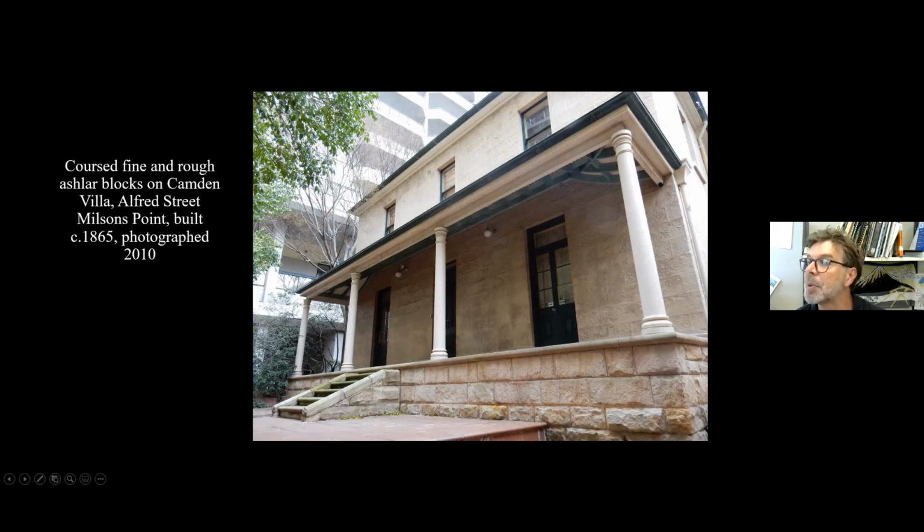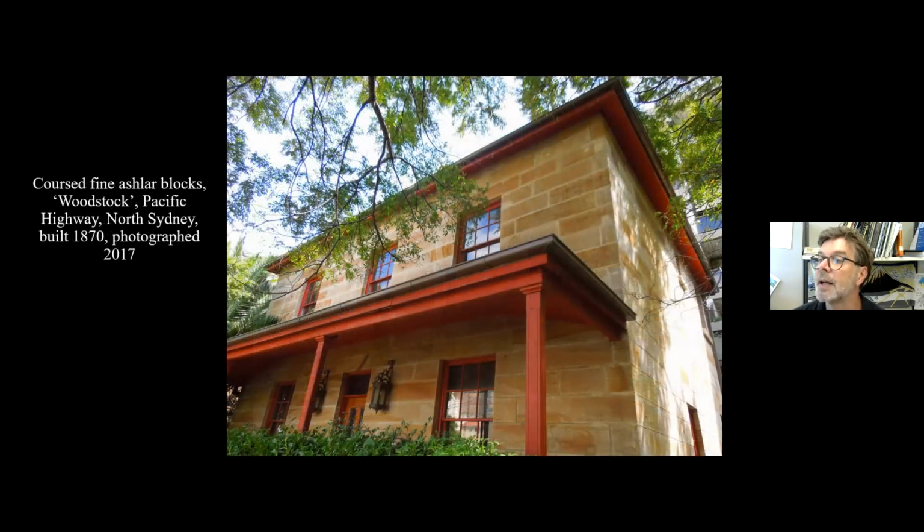But this is an example of very smoothly and beautifully dressed sandstone here. It's really, really top quality stone dressing. Now, you've got fine ashlar blocks. The term for a big block of stone is ashlar, when it's clearly been cut and shaped by someone. And this is a fine dressing here, and this is an intentional rough dressing to distinguish the base from the walls. And the line of a stone is called a coursing, and this is an even coursing. You do have random course as well, and I'll show you some examples of that later.